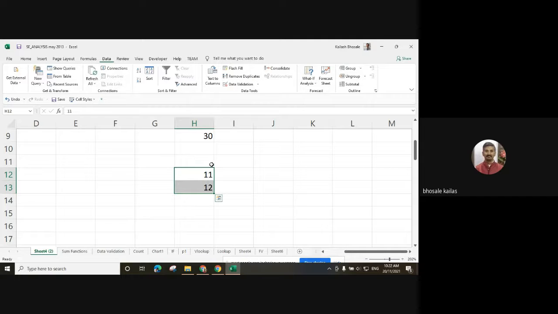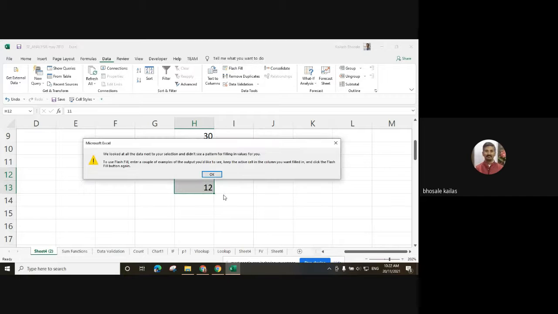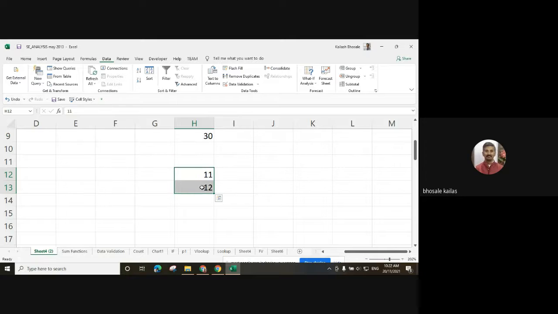The data fill command is available in the flash fill. Or just drag it down to the number 20.